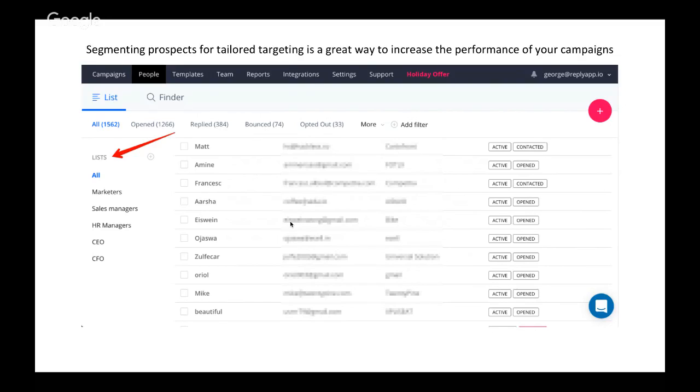So you can use these categories to tailor your cold emailing, tailor your campaigns to reflect that you're reaching out to a CFO or to a marketer, because messaging your email copy to a sales manager would probably be different from an email that you send to a CEO of a company.